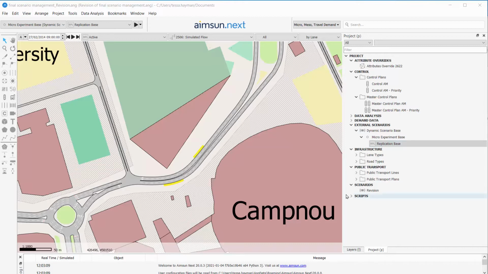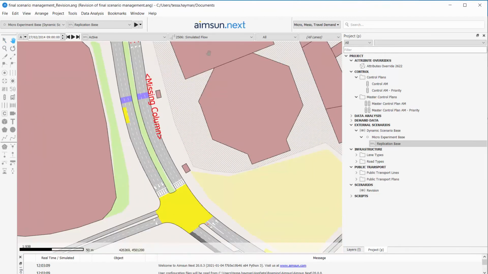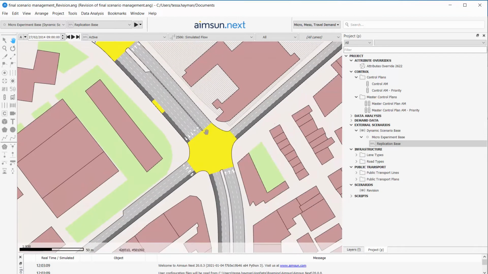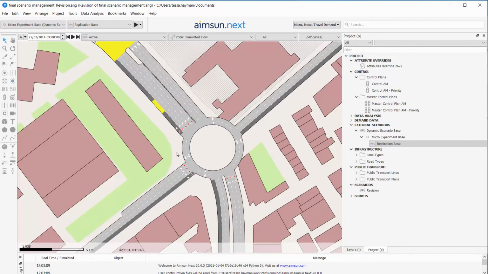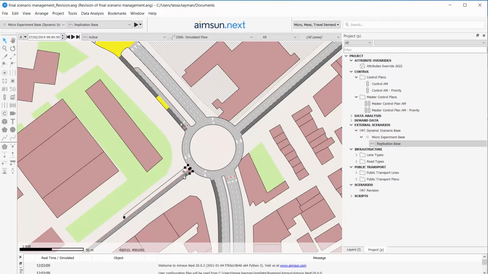In the revision file, we're now going to modify the network geometry to transform the signalized intersection into a roundabout. So we're going to go to the intersection down here, and we're going to delete the node. We're then going to select all of the sections, get the roundabout tool, drag it out, making sure that the red line intersects with the sections, and we'll see our roundabout will have been generated. We're going to change that to be 2 lanes, and that one to be 2 lanes,